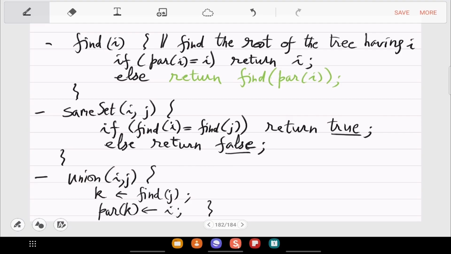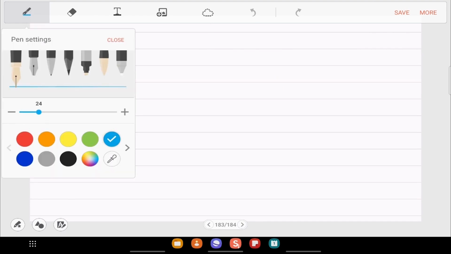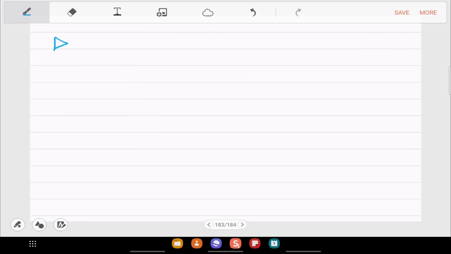Okay, so all three operations are implemented like this, and the data structure is also clear now. What remains is the time complexity. So is this really log n? Correct. So there is a skew tree problem. But before that, we write the time complexity as a function. So time is the height of the trees.